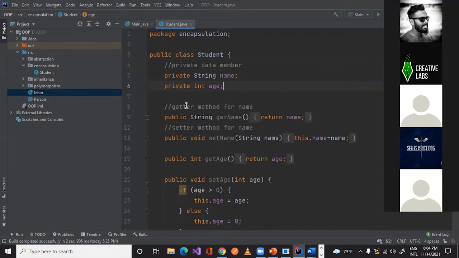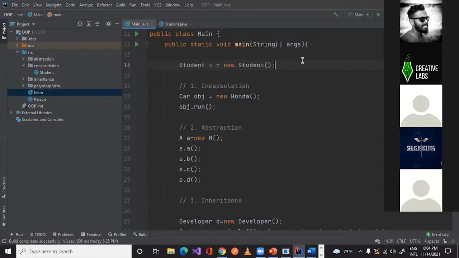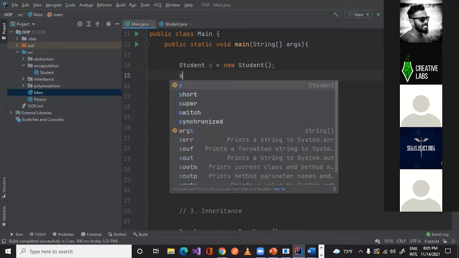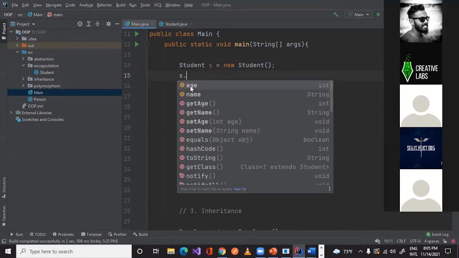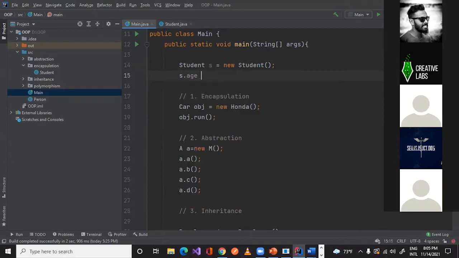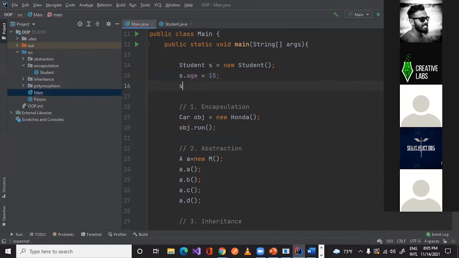Let's say now we are putting this as public. From this object s, I can directly access age and name. I can set age to 15 or something, and s.name equal to a name.